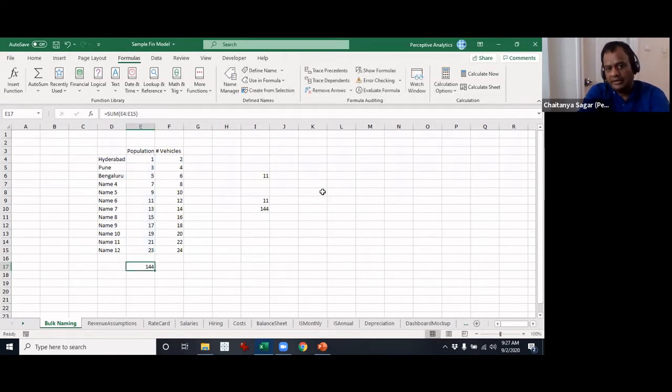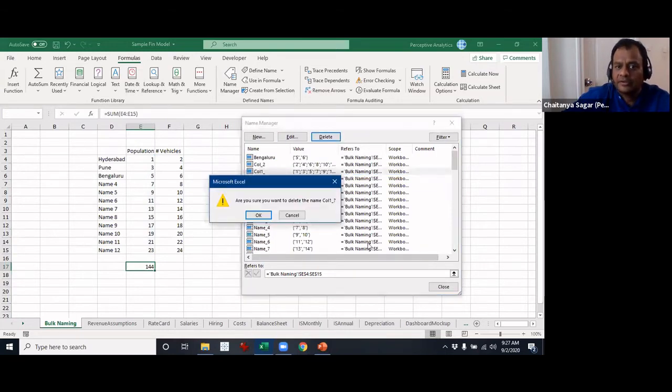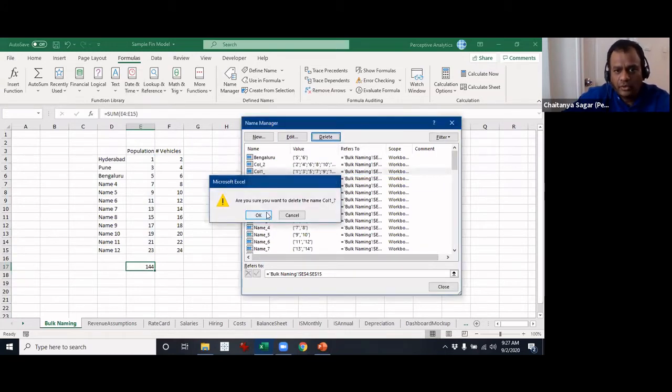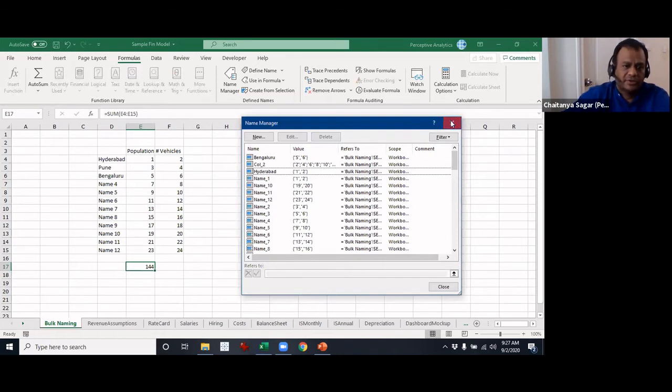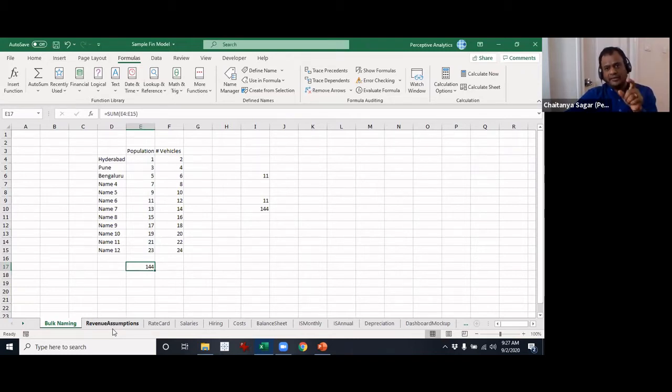But let's assume for the moment that I have two different names referring to the same range. Let me just delete column 1 very quickly. This will be useful. I'm going to delete that because there are two names referring to the same range. So there you go. Now let's assume that I want to replace the references with names because I want to make it intelligible to people, right?